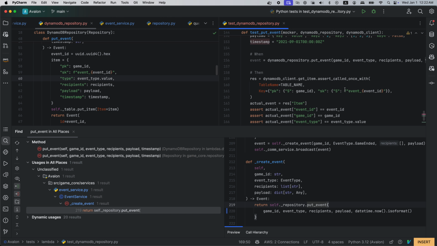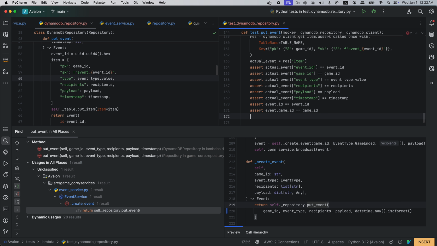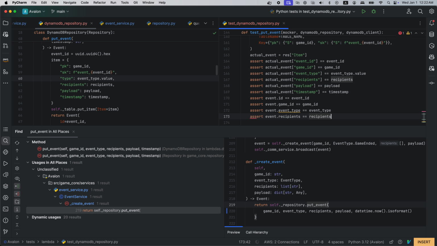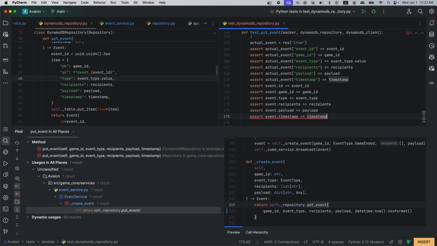Oh, we also want to verify event. Oof. All over again. Sorry, event ID, game ID, event type, event recipient, type, payload, and timestamp. Okay, let's run this.